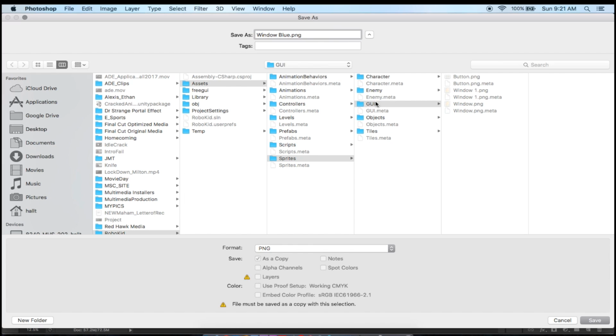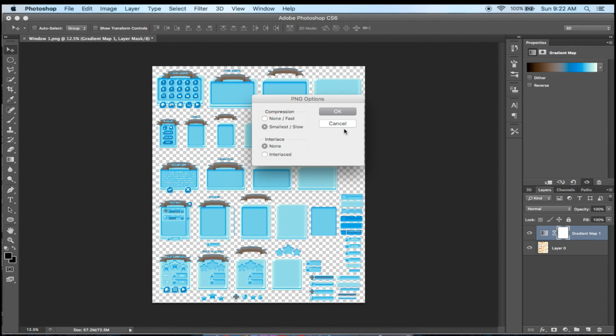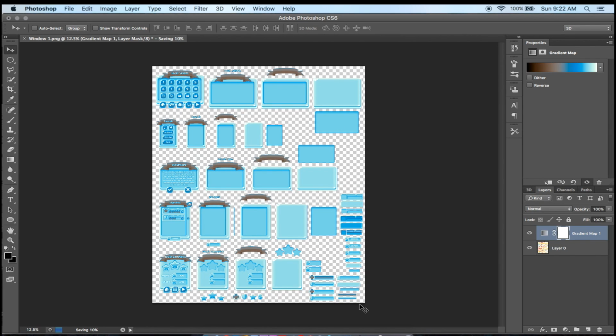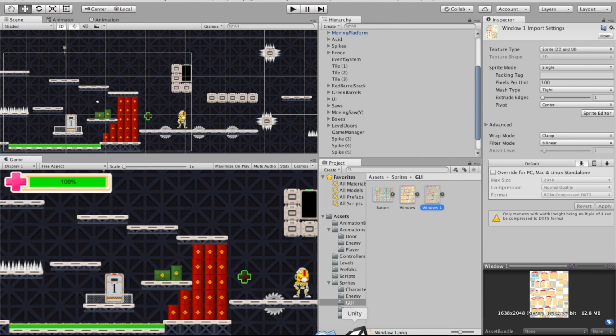And then the big thing is to make sure that it saves back to the original folder that it came from, because then it will automatically show up in your assets so that you can use it inside of Unity. So I'm going to go ahead and click save here at this point, and it is a PNG, double check that, and save. Now I'll click OK, and let's return back over to Unity, and it'll take a minute just to show up here